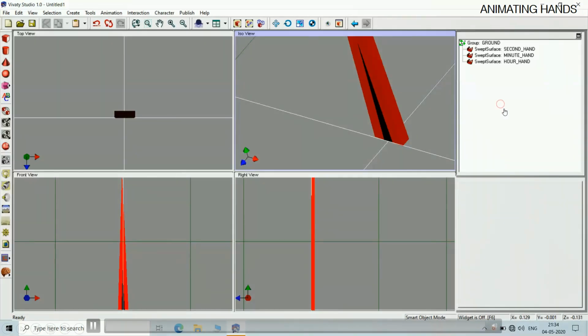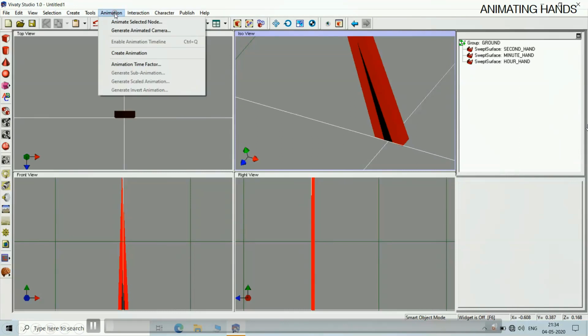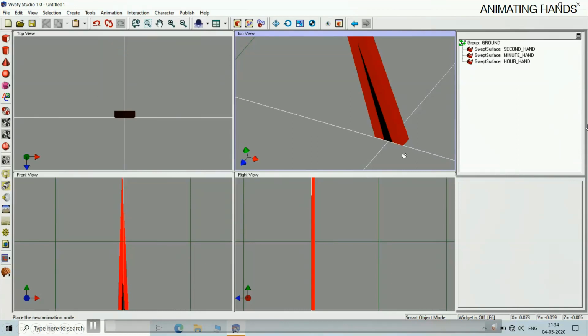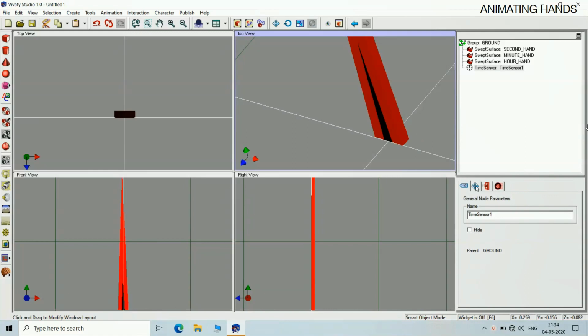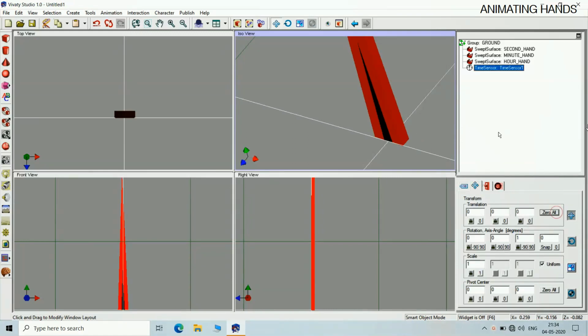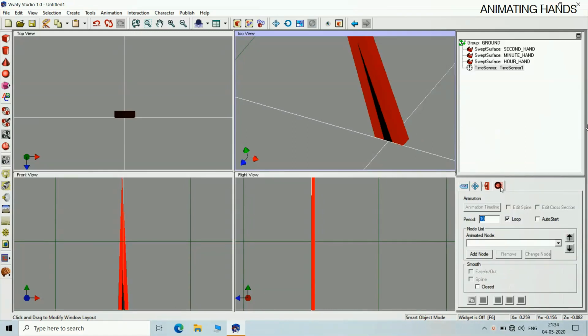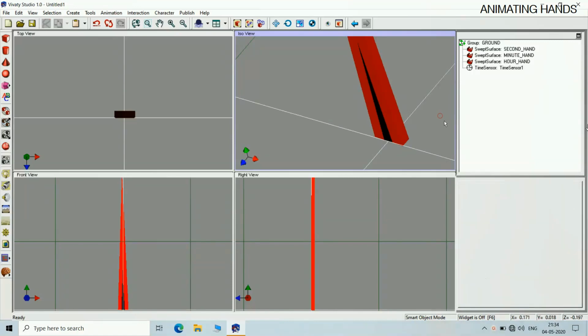Now we will animate the hands. So go to create animation, bring these coordinates to 0, 0, 0. As far as possible, bring everything to absolute 0, 0, 0, to avoid problems in the further animation.